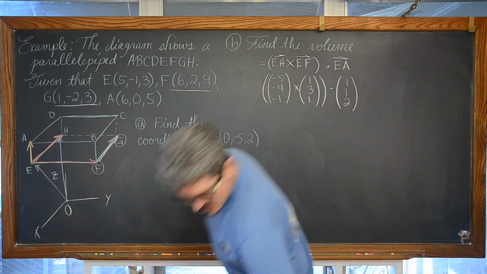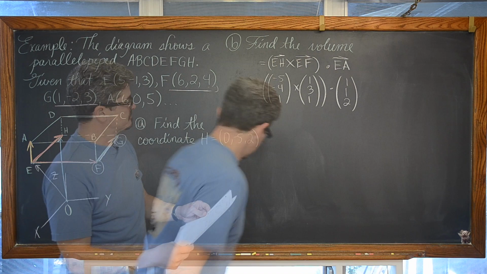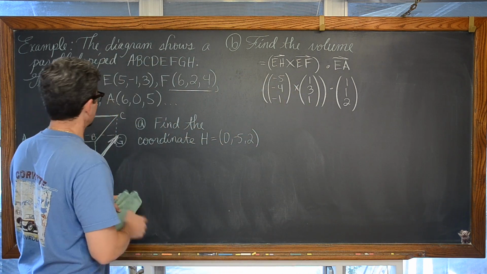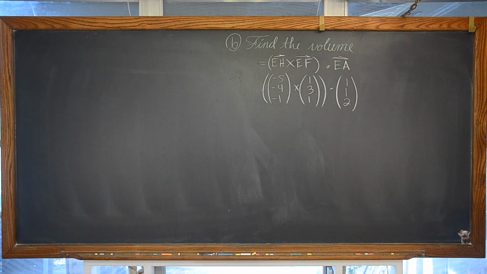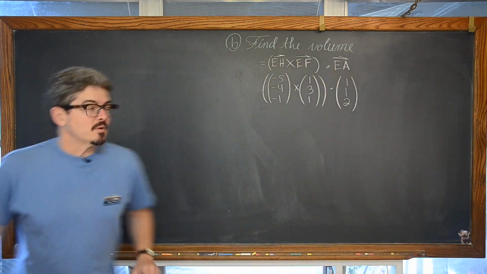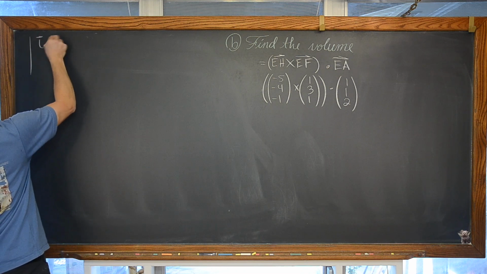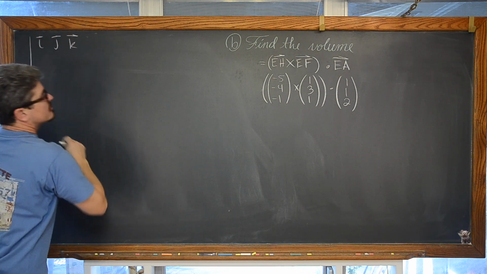Okay. Again, I just want to double check. It's kind of a long problem. I don't want to carry through a small, silly copy error. All right, we're going to have to get this stuff out of our way. We're going to write out that 3 by 3 matrix to help us set up the cross product.